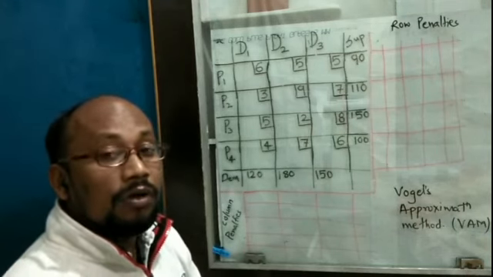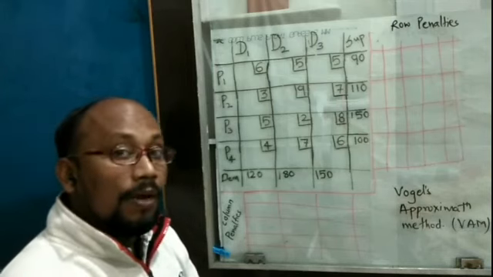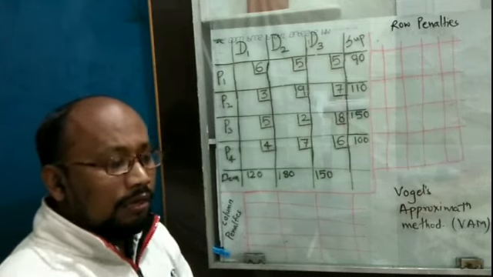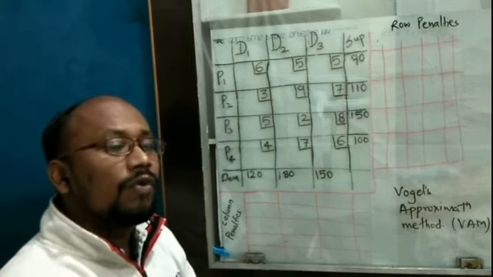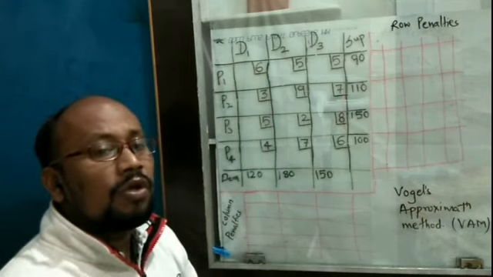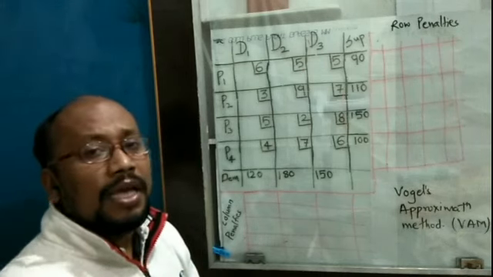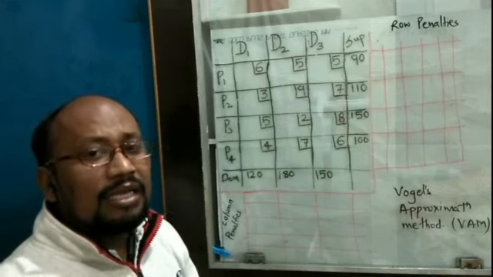We have to calculate a penalty matrix. What do we mean by penalty? If you consider the best alternative and instead of selecting it you select a lesser alternative, there is a penalty for you. You might be paying extra or earning lesser profit by taking the least possible